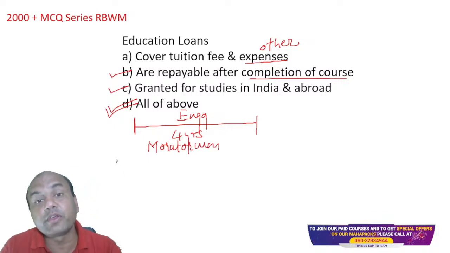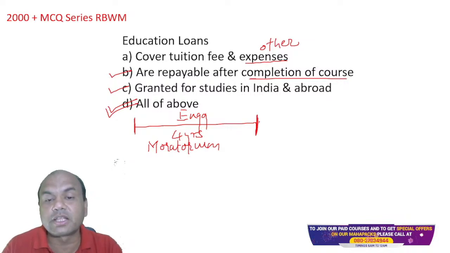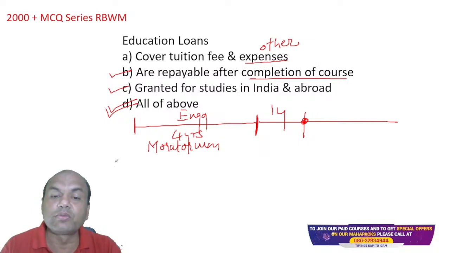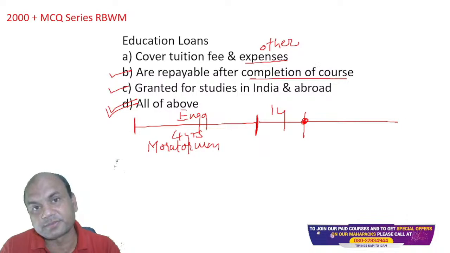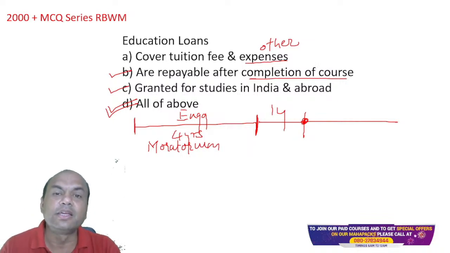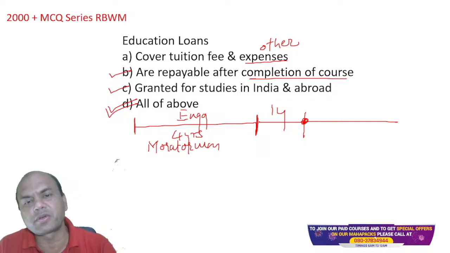But does it mean that we have waived it off? That, oh no, forget it, you won't pay at all? No. This is paid, but later. After completion of the course, we still give 1 year more for a job. After this job, your EMI starts. So whatever is pending for these 4 plus 1, 5 years, whatever the interest is, that is taken from the student. Bank, sure, after all, it's not the bank's money. It's the depositor's money. We are just the trustee. How can we waive off any amount? So that's why it's repayable after completion of the course. And obviously granted for studies in India and abroad. That's obvious, isn't it?